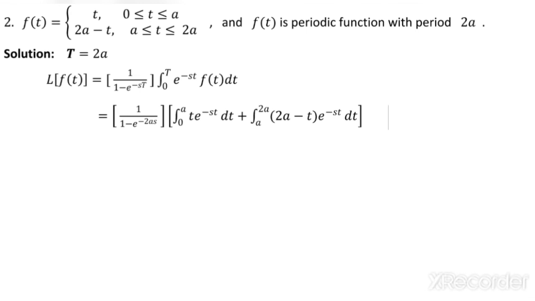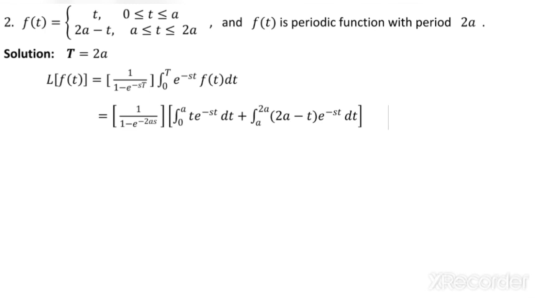Obtain first period, identify period is here 2a, substitute in the formula, that is 1 over 1 minus e power minus st, integral 0 to T, e power minus st f of t dt. So I have substituted it. Here we can integrate t e power minus st under the limit 0 to a, and (2a minus t) e power minus st under the limit a to 2a easily,